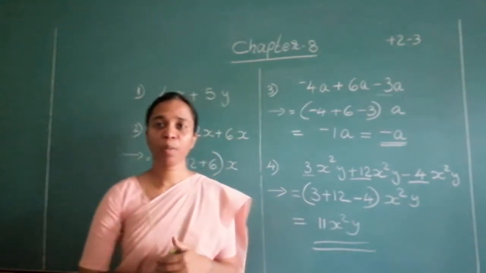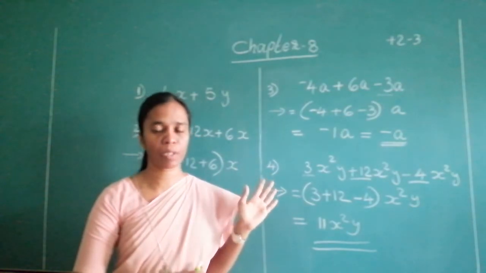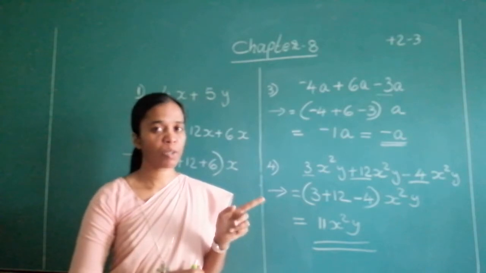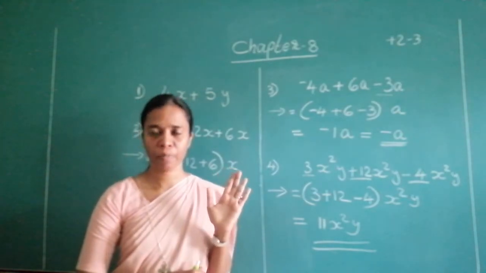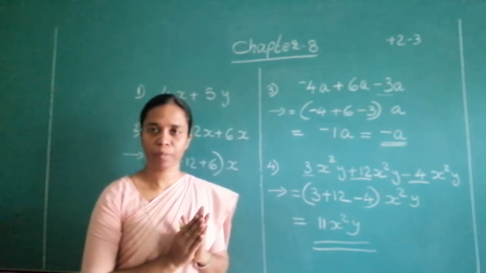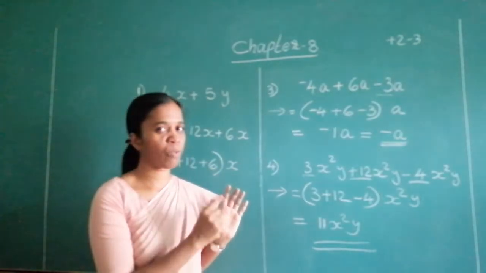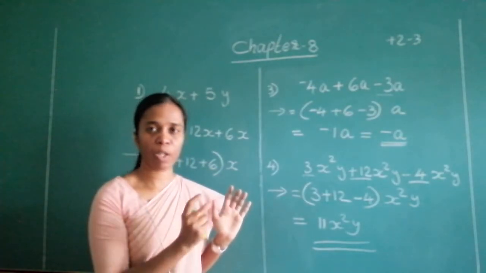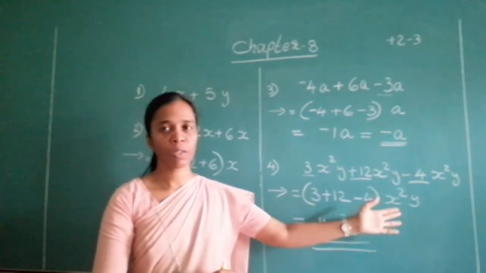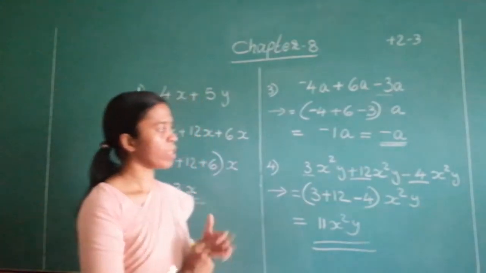So when we add monomials, first take care whether they are like terms. How do we check whether they are like terms? They have the same variables with the same index. And if they are like terms, we can add or subtract them. You bring all the coefficients together. Coefficient means the number along with the sign. So you put them together in a bracket and write the variable along with the power. Is it clear to you? Just copy this.